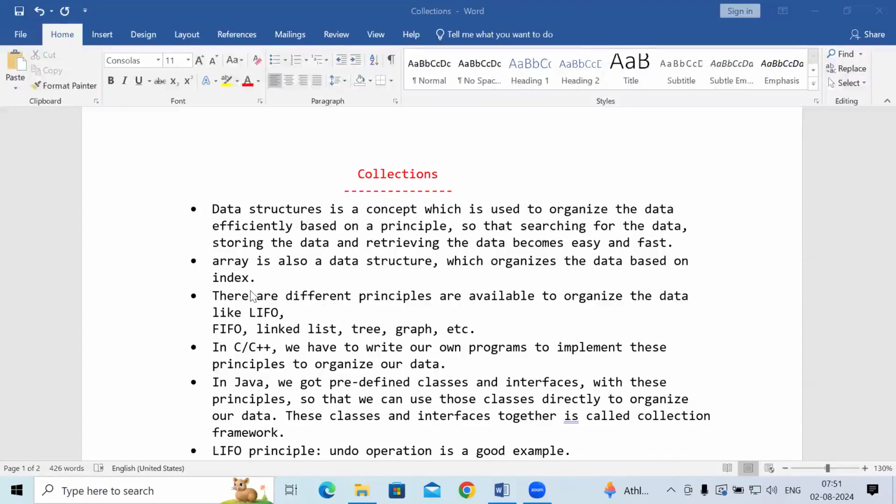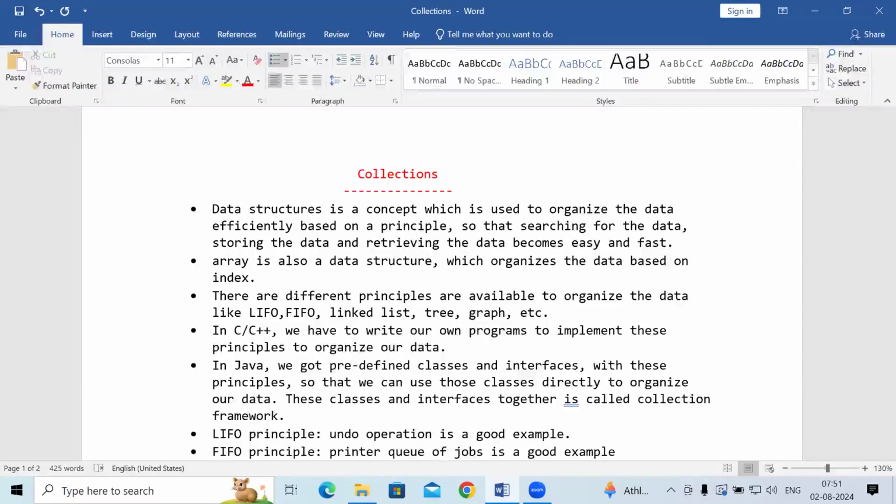One principle is last in first out. Different principles are there. Let's say LIFO principle. LIFO is one principle, last in first out. And there is one more principle, FIFO, which is called first in first out. Linked list is also one principle to organize the data. Tree is also one principle to organize the data, tree structure, graph structure. Okay, so these are all the different principles that are available to organize the data,